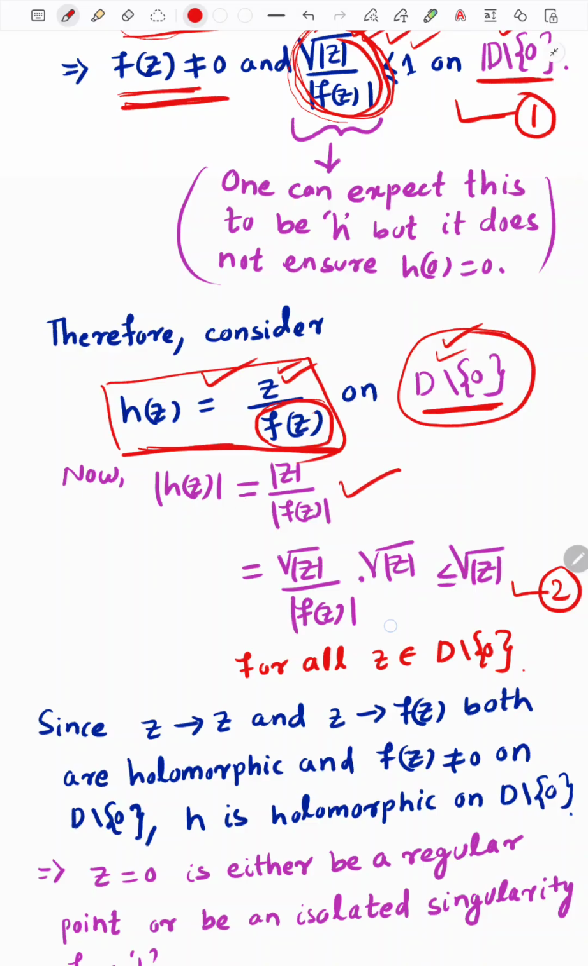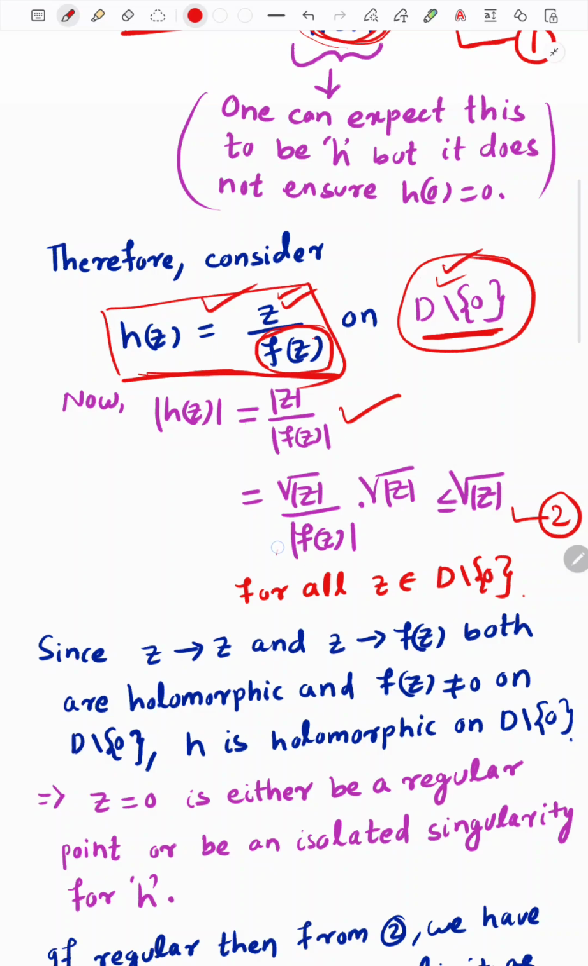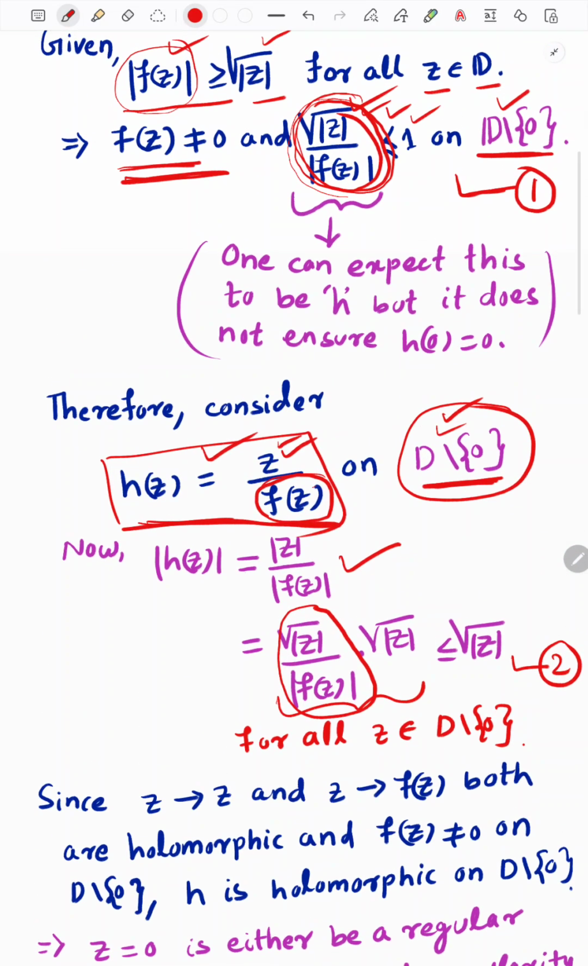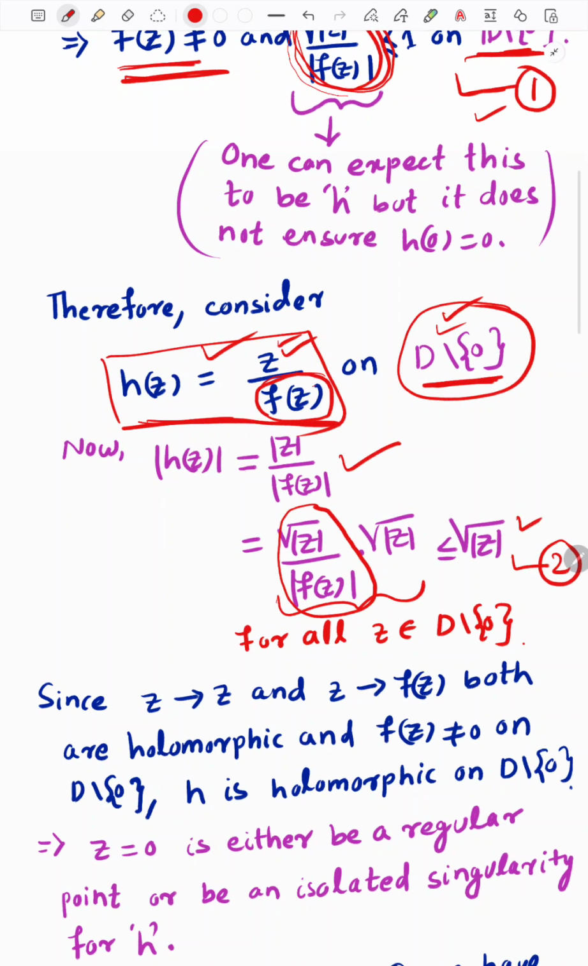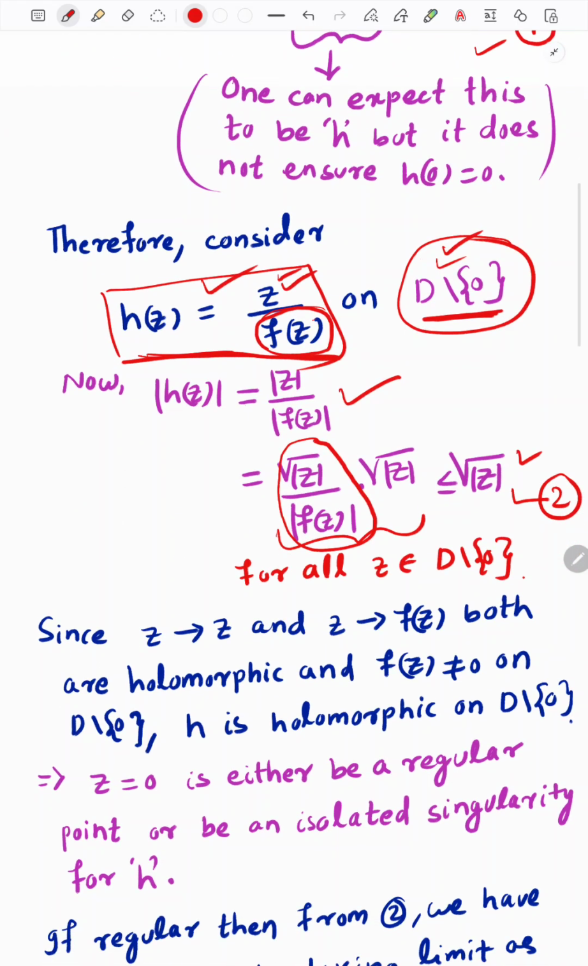This gives this one, and this expression can be rewritten in this form. Here this term we know that it is less than or equal to 1 on this set D minus 0 from equation 1. So this implies this thing, and from this we can guess that there are two possibilities. Two possibilities means that I am saying that at the point z equal to 0, it can be either a regular point or a singular point. These two are possible. If it is a regular point, means if h is also differentiable at the point